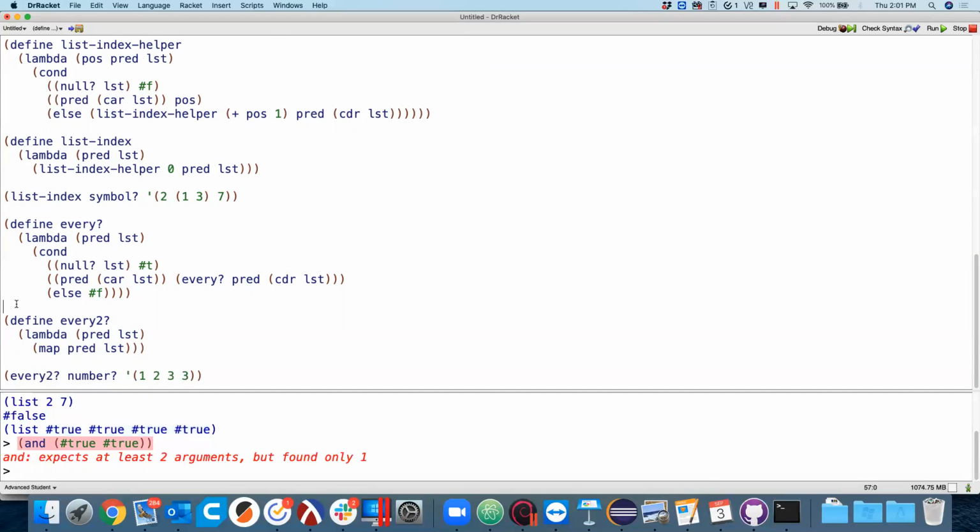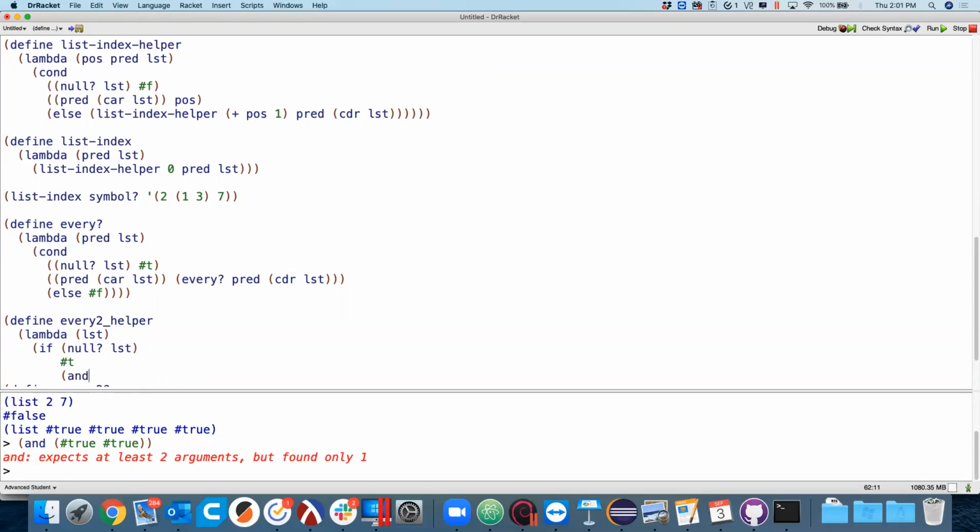So I could call this guy every 2 helper. This guy's a lambda that will take in a list. And what it'll do is it'll say if null list, then boil down to true,